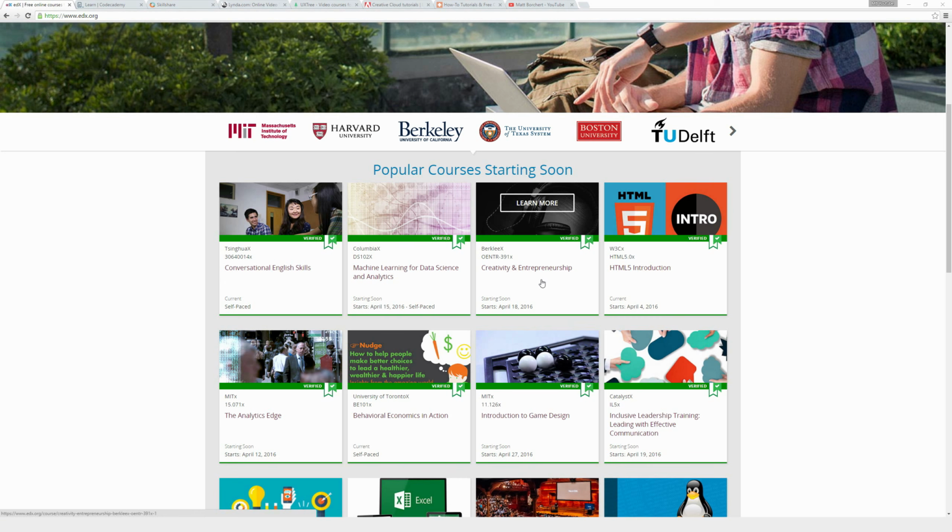This one's particularly interesting though because it's from Berkeley and it's called Creativity and Entrepreneurship. And if you want to be a professional designer that works for themselves, perhaps a freelancer, open your own design studio, or just sell your own products online, learning basic entrepreneurial skills is definitely something that you want to go in and do and put a lot of focus in. And with a dedicated class to really go in there and teach you those skills, I think it'll set you off in a really good starting place for starting your adventure.